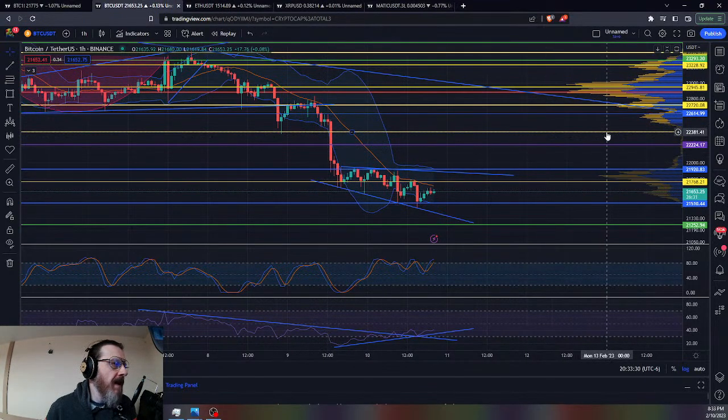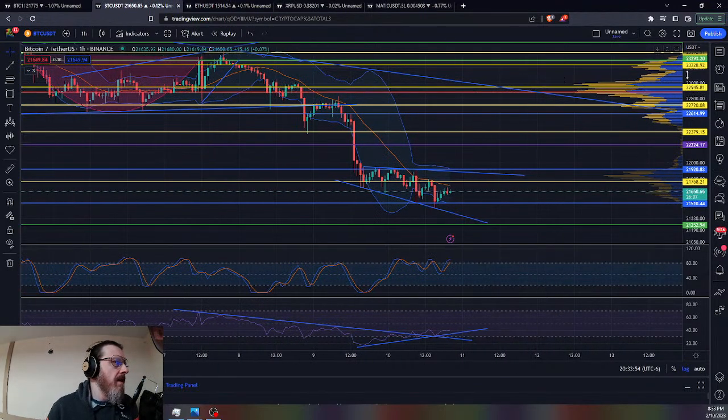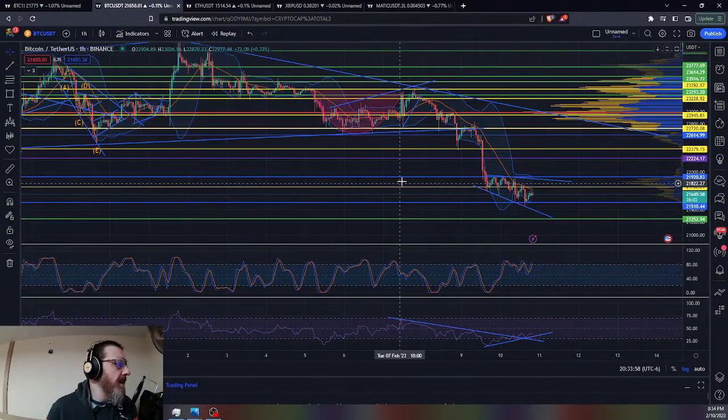And above that, we have 22,381 and 22,614. So I think those three levels, if Bitcoin can break through that, more than likely we'll revisit the point of control. And if the point of control at that 22,881, let's call it 22,9, is flipped into support, I think we have a chance to attempt to break out